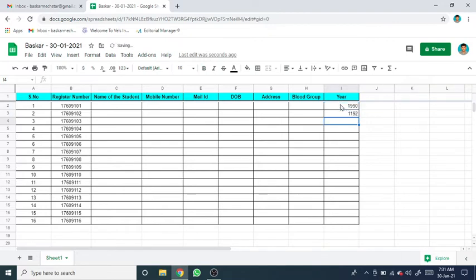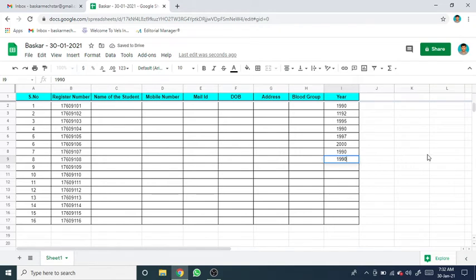For example, here I am using 1990, 1992, 1995 like that. Similarly 1990, then 1997 and 2000 like that. Now I want to choose who all are available. So again I am going to make a header, just click it, then go to this button. Now I want to collect the data of who all are available in 1990.